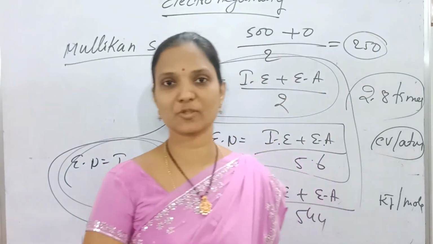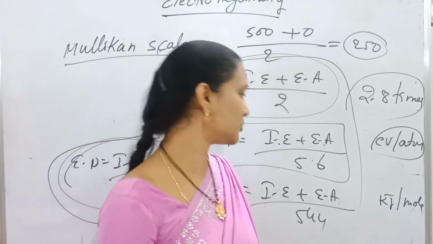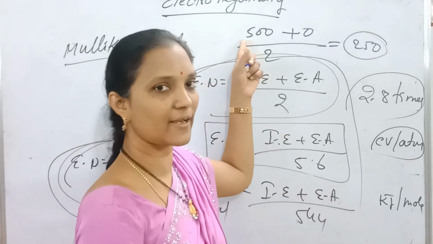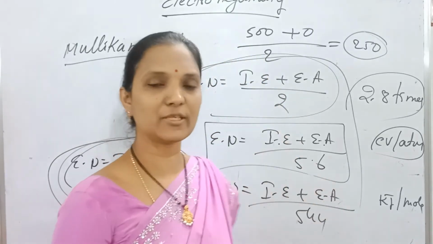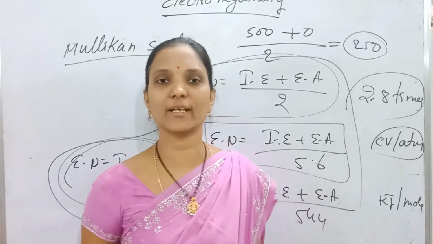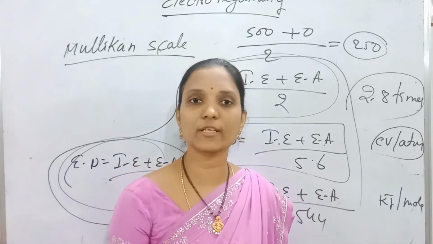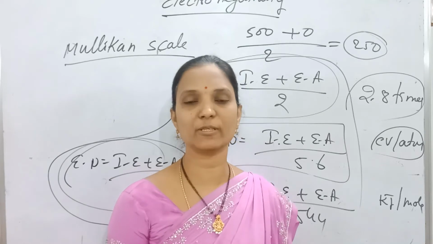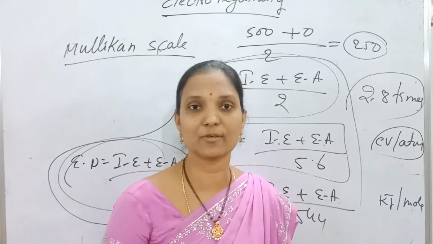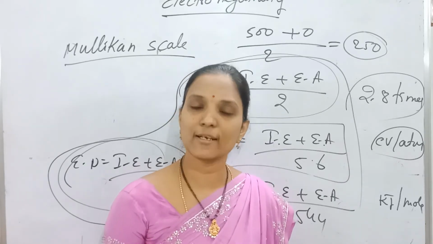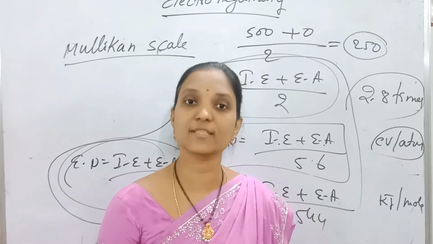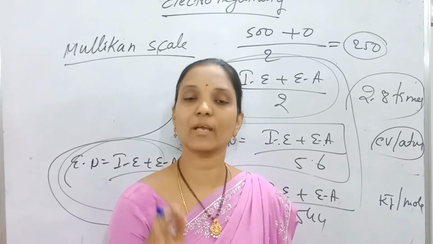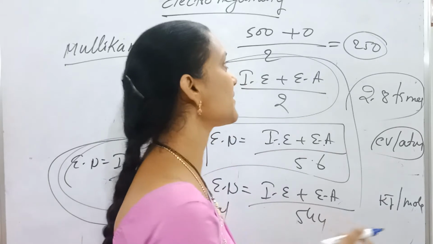Okay, in kilojoules we have to divide by 544, because this 500 is in kilojoules, and we get some value. But noble gases are not involved in bonding. How can they attract bond pair electrons? There is no chance. So the electronegativity of noble gases, zero group elements, should be 0, but we are getting some value.